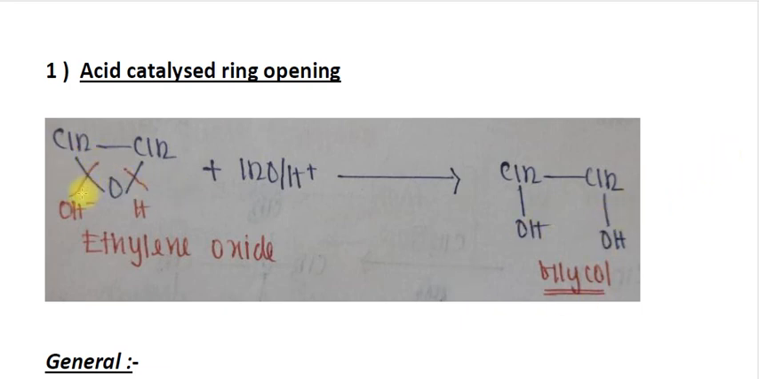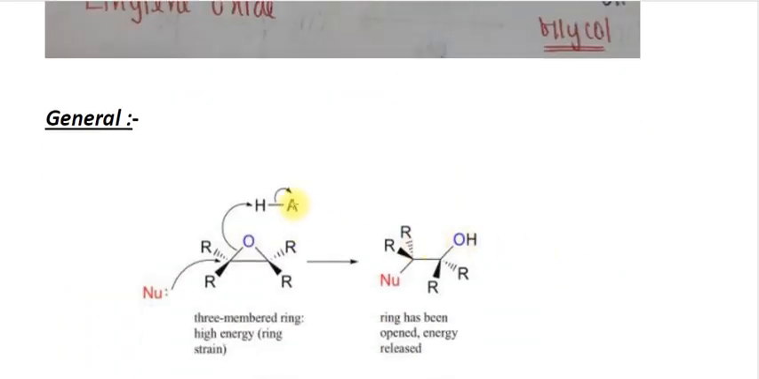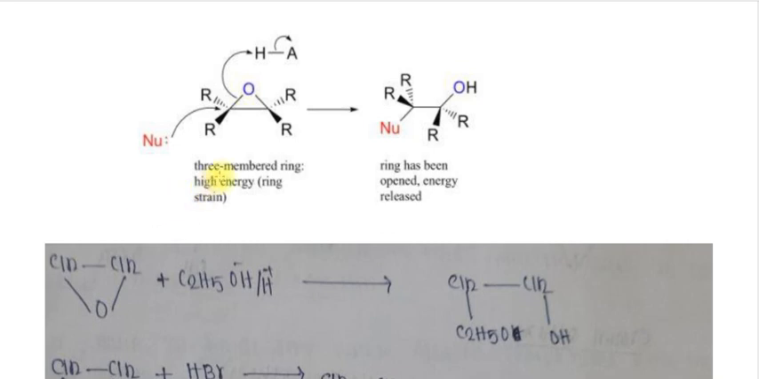The bond will break here, and the product will be glycol. A general reaction is shown here. It is a 3-membered, high energy ring, so ring strain is present. In order to relieve that, the nucleophile will attach to this carbon, and the bond will break here, and it is shifted to here, and again shifted to here. So the product will be